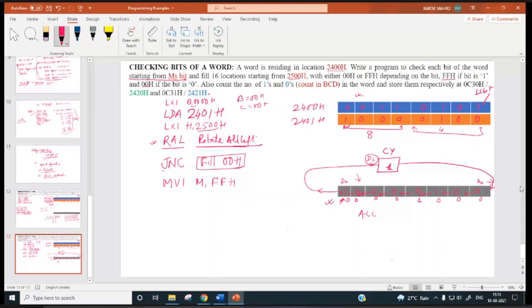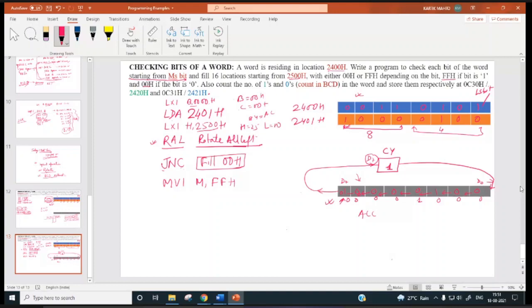LXI B 0000H will assign B equal to 00, C equal to 00. Then LDA 2401, it will load the content of 2401, which is 84, to the accumulator. Then LXI H 2500H, H will be 25 and L will be 00H.